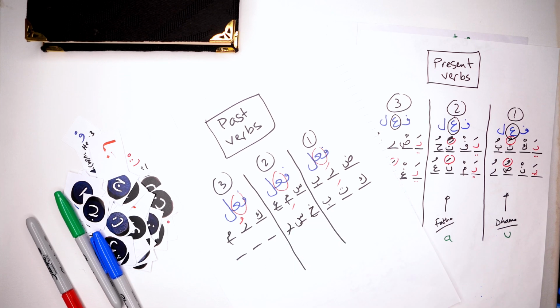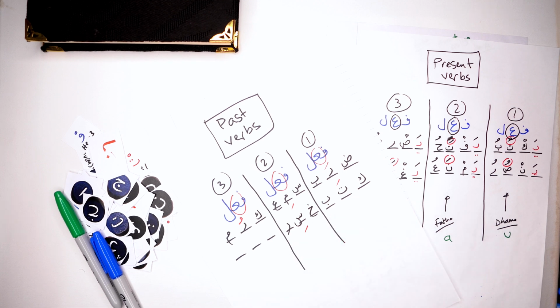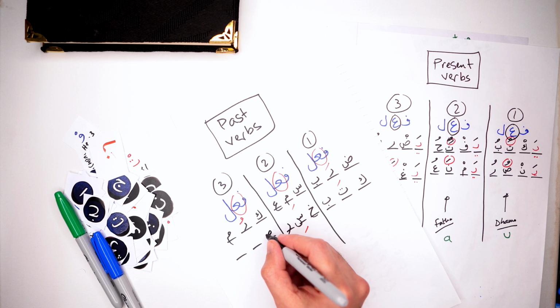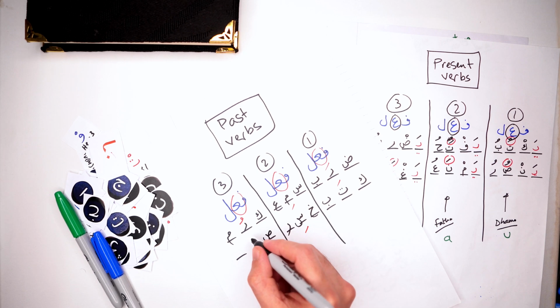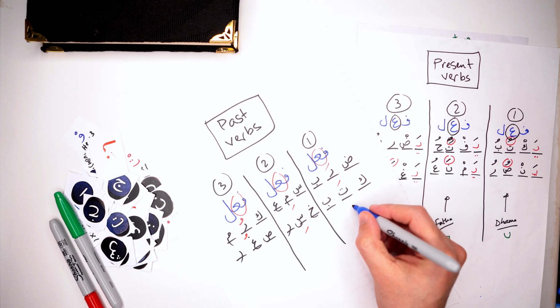Right, again, you've got a kasra over here. And with the dhamma one, let's do another one. Saghura. Okay, saghura. So as you can see, what's basically happened over here is that the ain kalima